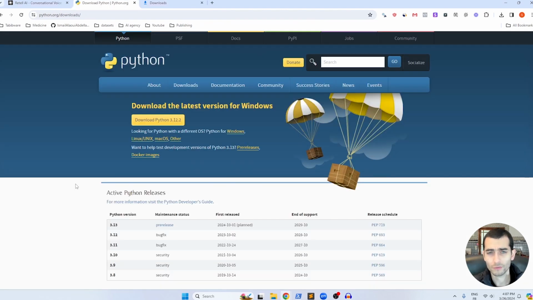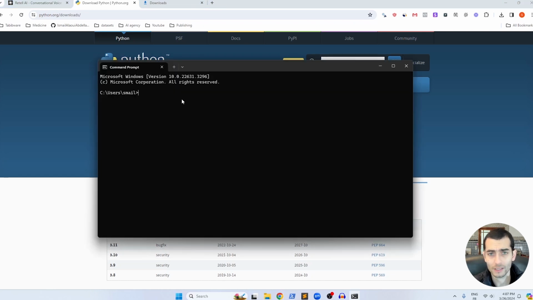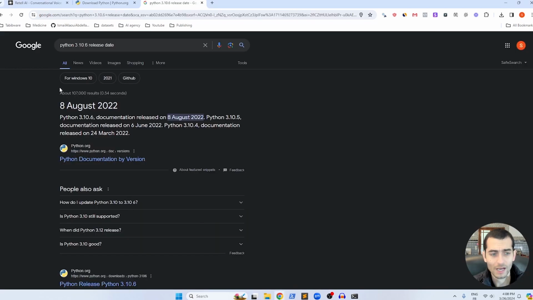to install. By the way, if you have Python already, make sure to upgrade it in case you have an outdated version. You can check your Python version by opening the command line on Windows or the terminal on Mac and then type in Python here. You will see this version of Python that you have. So for me, I have Python version 3.10.6. You can Google the release date. For me, it was released in 2022. I think it's not that old, but just to be on the safe side, it's better to install the latest